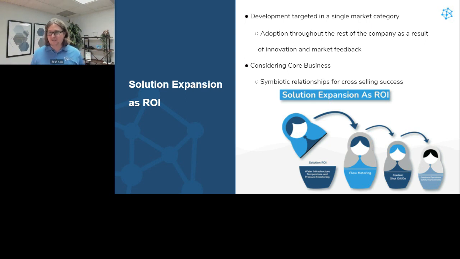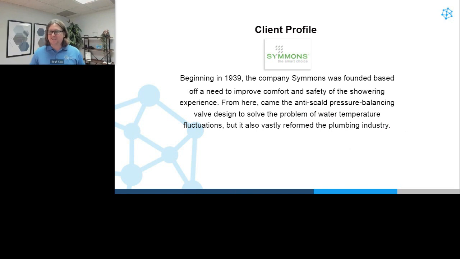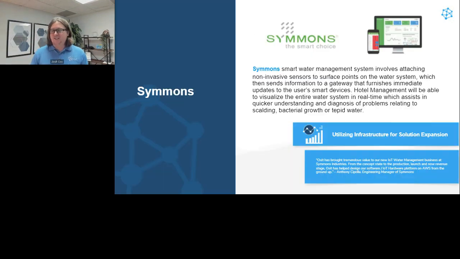And I think the right companies that are able to capture that are really able to leapfrog and make that ROI multiplicative across their organization and really see real success. So I mentioned Simmons and their solution. Again, I just think it's a great detail around how you can create that solution and then expand it out to the rest of your core business. And it's just really cool to see how excited that entire company is around adopting IoT into lots of different places and seeing them come together around this and really reach that next level of ROI.